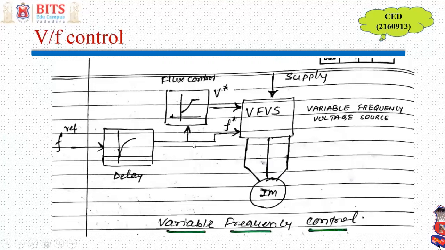उस फ्रीक्वेंसी के साथ how much voltage is to be applied, that is decided by this flux control block, which is nothing but deciding V by F ratio, which should relate to the rated flux, right? So accordingly, such voltage and frequency commands are given that the controller produces required firing pulses of the inverter, so that required voltage is produced over here, which is having required frequency, required magnitude, right?